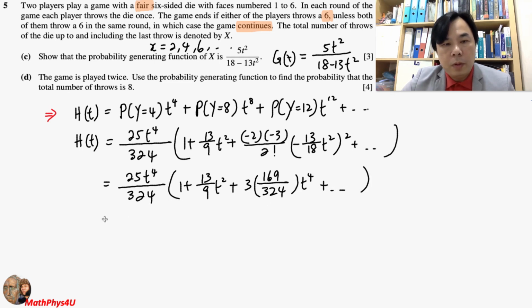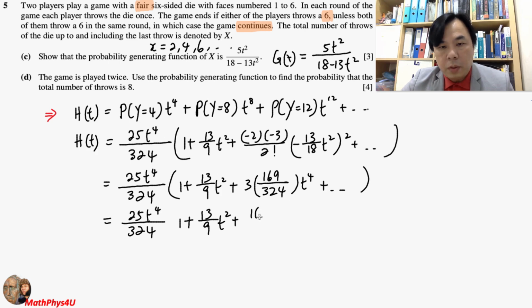Okay, and then from here what we are interested in is basically, just let me rewrite that neatly first before I summarize the answer. So from here itself, I will get 169,